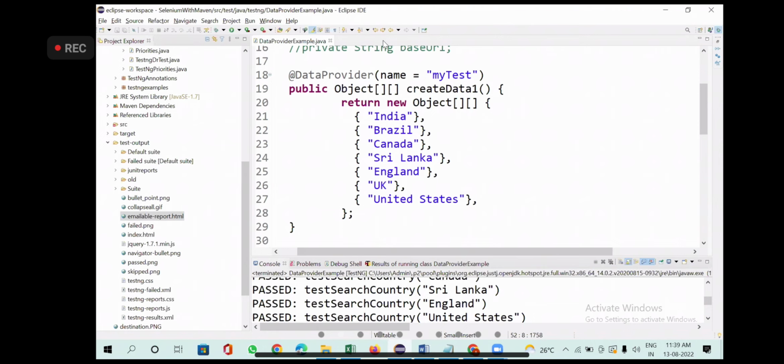In simple terms, how to run only failed test cases? Which test case failed? UK. Is it a problem with the application or a problem with the test data? Test data problem. So what do I have to change here? I have to change this to United